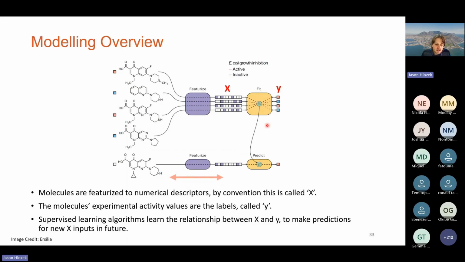And once I have my model, what I'm going to use it for is to come with a compound where I don't know the label. So I've got a design idea in my brain, and I want to know, based on what the model has learned, does it think that it's going to likely be active or inactive? So I have to follow the same featurization approach and get a numerical description of this query compound. And then I ask my model to make a prediction. Do you think, in this case, it's more likely to be active or inactive?